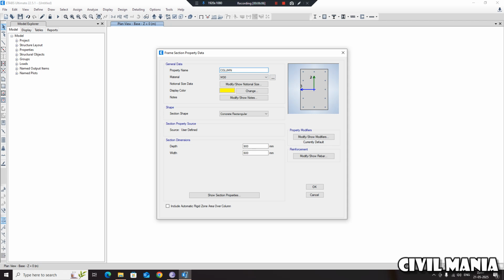of size 350 by 400. 350 by 400. Depth I will keep as 400 and width I will keep as 350. So in this manner the concrete beam column sections will look like. Okay, after giving these two